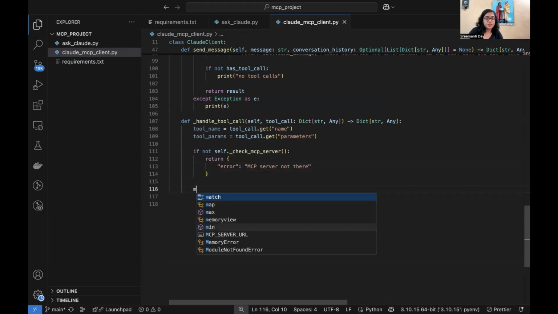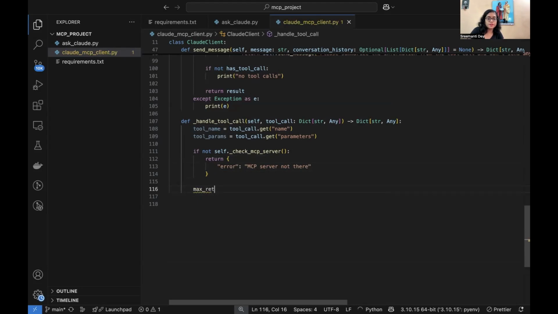And we're going to try it 3 times, because sometimes it happens that a daemon process, which is like the main process that runs in the thread, coincides or collides with the main server that we are running. So it happens sometimes. That is why it's best to always set max retries equal to 3. And retry count is going to be 0. And while retry count is less than max retries,